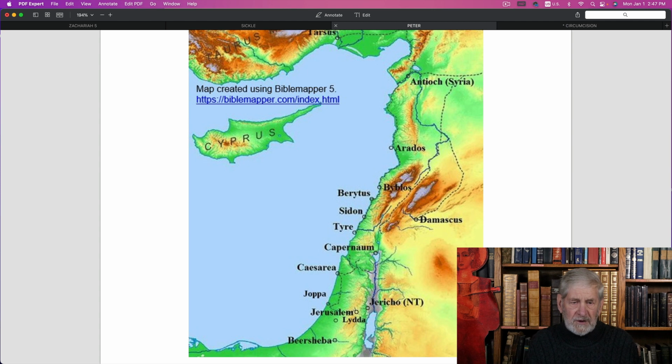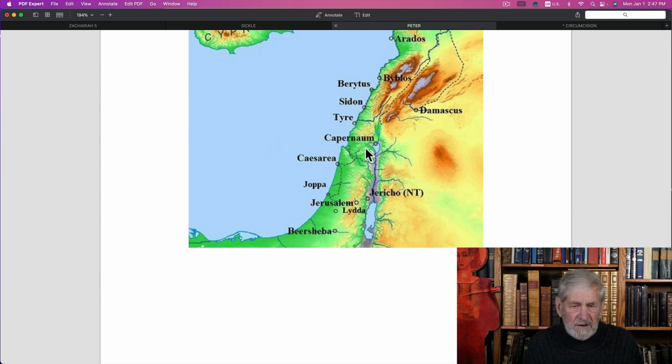Then the next place we see is up in Samaria, and Samaria is down here somewhere. I can't see the map. I'll move it up. So here's Jerusalem. Samaria is up in here. So now he's up in Samaria, right north of Jerusalem, and he left Jerusalem in Acts 8:14 to see the people that were accepting the Lord in Samaria.